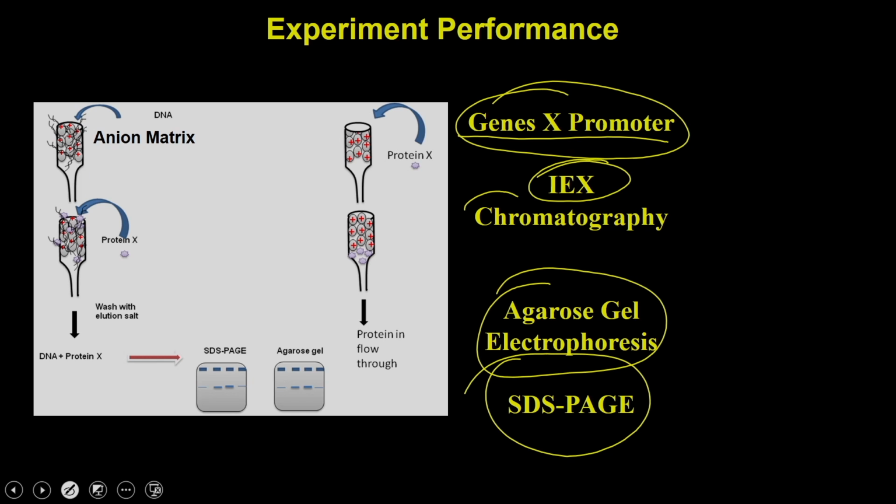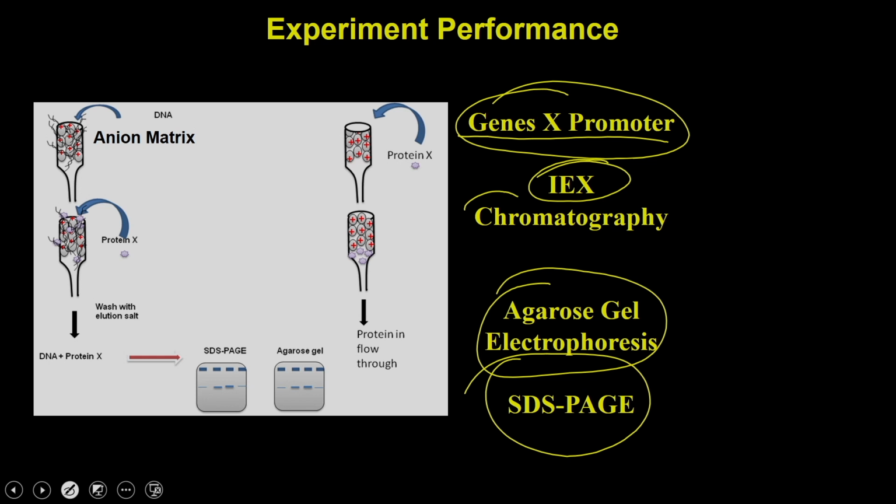So, what you can see is that we are using the electrophoresis approaches. We discussed how you can use the electrophoretic approaches to answer the questions, how you can use the chromatography techniques, and how the same approach can be used to answer the same questions. Now, in what way is it going to be different? In the electrophoretic technique, you are only going to get semi-quantitative values, like whether protein A is binding to DNA or not, whether that is causing a shift in the band or not, but you would not be able to get quantitative information.